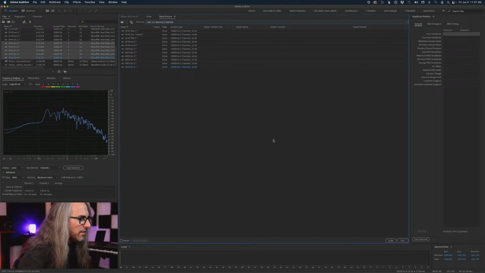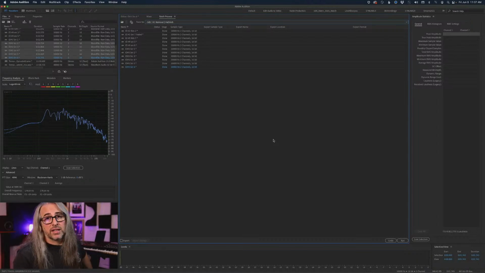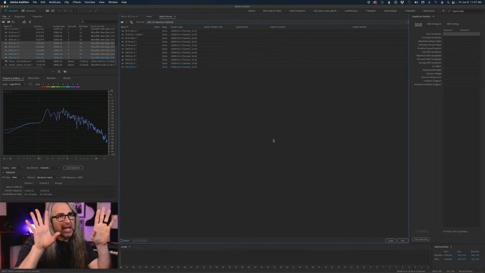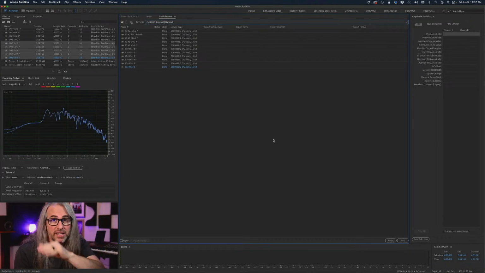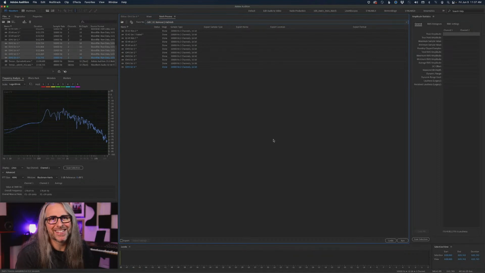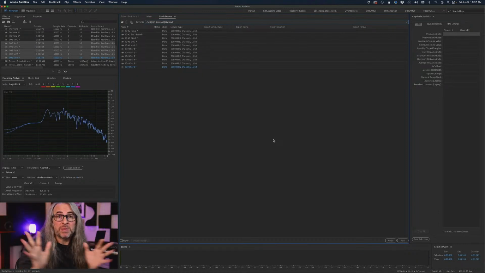Roland Collenberg asks, DC offset is often also the cause of pop sounds in NLEs, correct? Oh yeah, absolutely. If you have DC offset on audio and you're cutting between clips, you could even apply a very small fade, and it appears that the audio is going past the direct current 0 line, so there shouldn't be any pop or click. You're still going to get pops and clicks because it's not at the 0 line. Even sometimes applying a fade, you still get them, because the DC offset between the two clips may not be the same, so the 0 point is not the same. So yes, that's a great point, Roland.